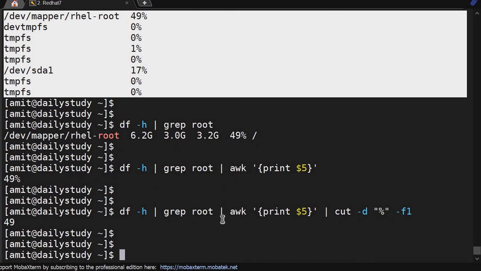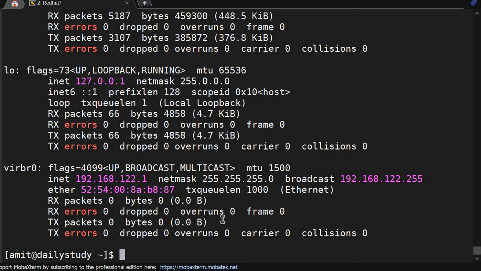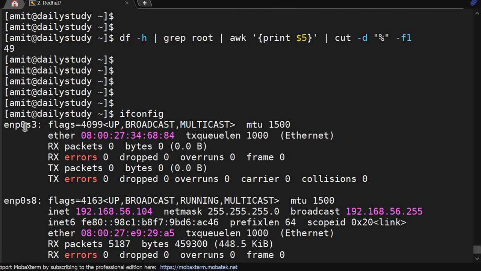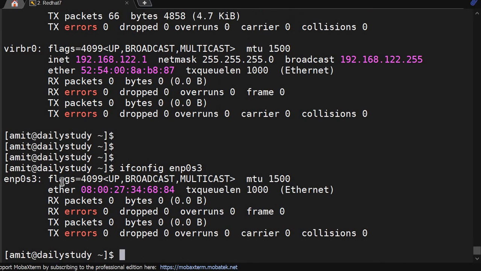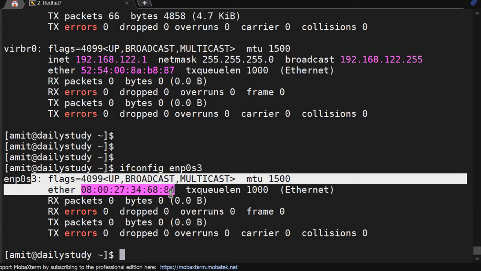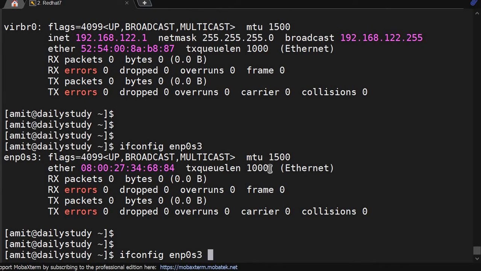Now we'll take some other command, like ifconfig. If you run it, you will get the Ethernet detail. We'll discuss enp0s3. So ifconfig and the Ethernet name. What is it showing? It shows the Ethernet has this IP, and this MAC address. Every Ethernet has a MAC address. We want the MAC address detail. So what we'll do, pipe